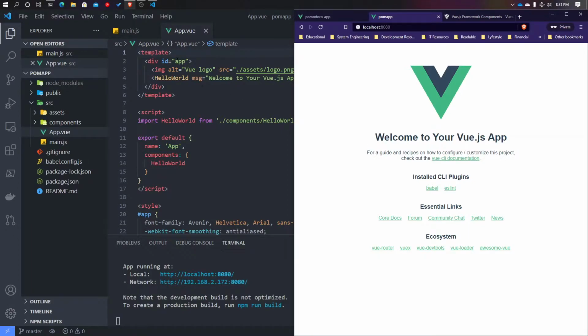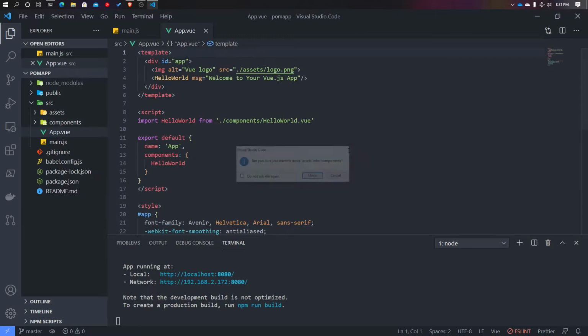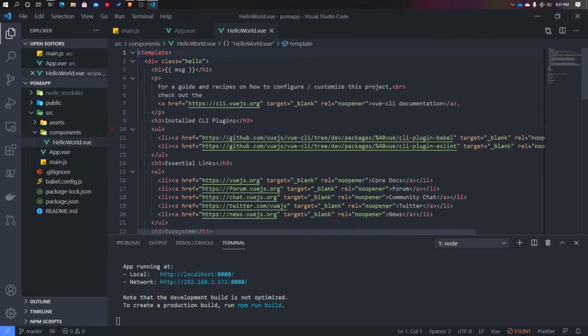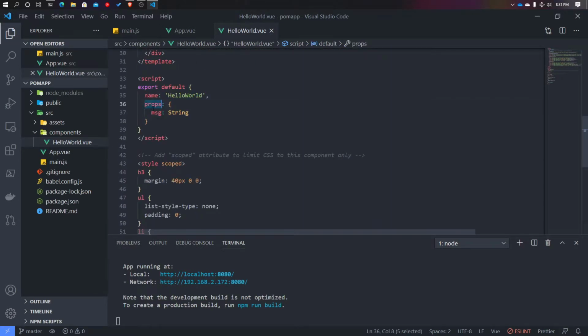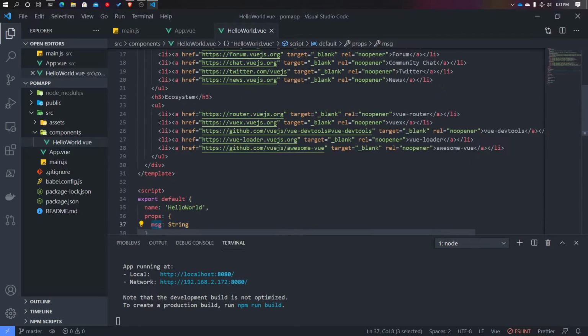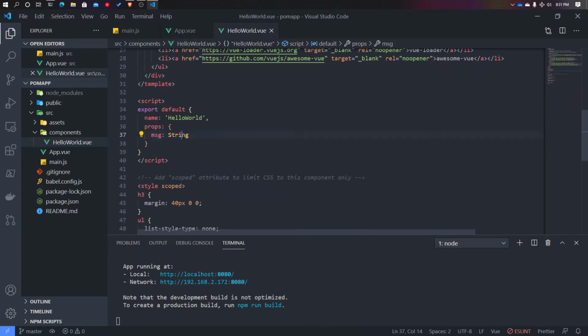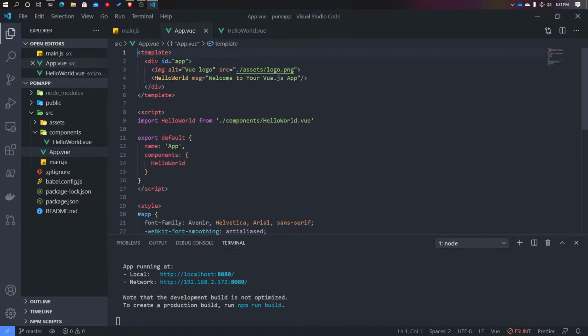And if I were to come up to our Hello World component, you can see that we have a props. This is what it's called. And it's right here. It's our props, and it's defined as message, and it's expecting a string. So if we go back over here, we can see that our component is accepting a message. We're feeding message into this. And if I change this over to